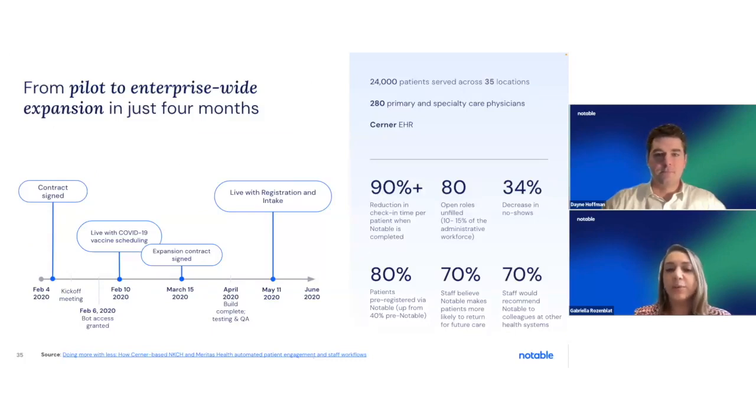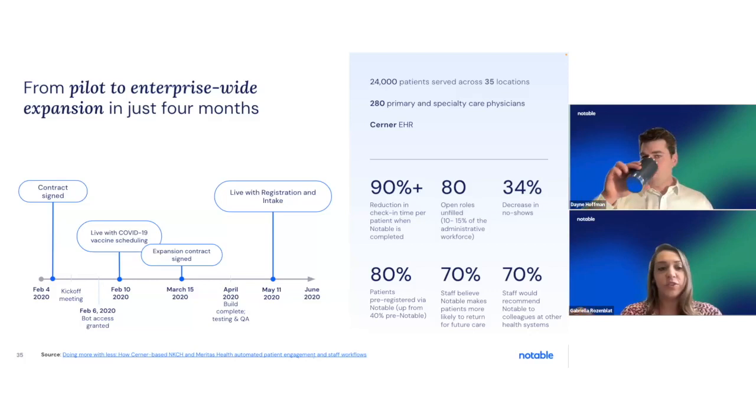Taking a look at some of the outcomes here. Dane talked a little bit about that iterative approach to how we deploy. Looking at February 2020 into May 2020, this timeline depicts how much is able to get done in such a short amount of time. Even though it may seem like that showcase site is only a portion of the providers and practices you're going live with in the beginning, having those first couple weeks to really get things right, to answer all of the questions and see how we can be prepared as we bring this live across the organization is pivotal